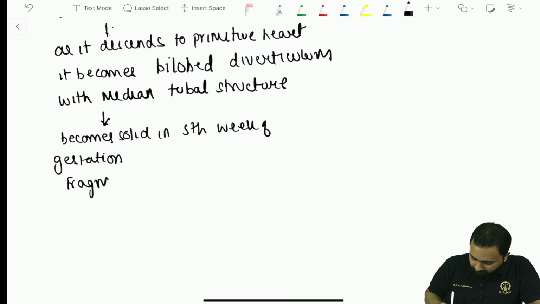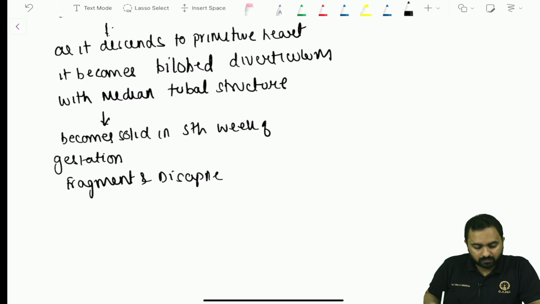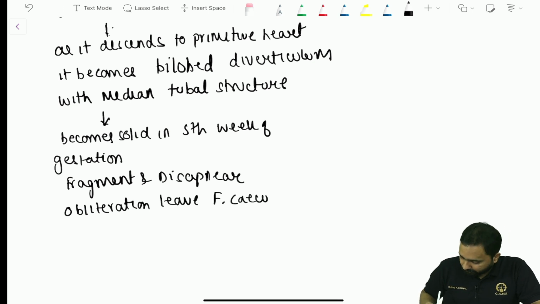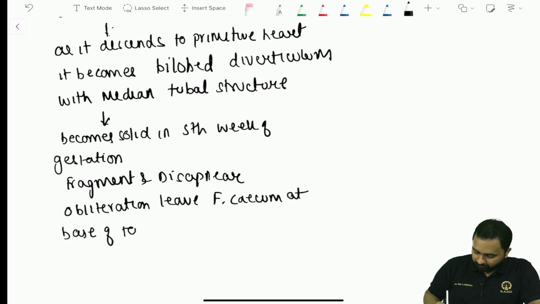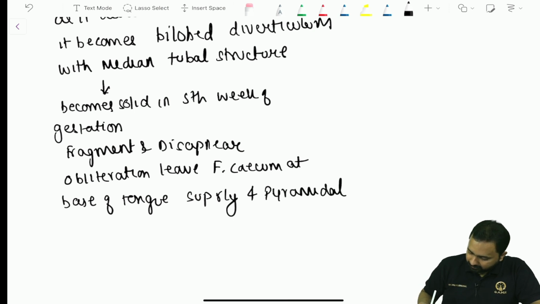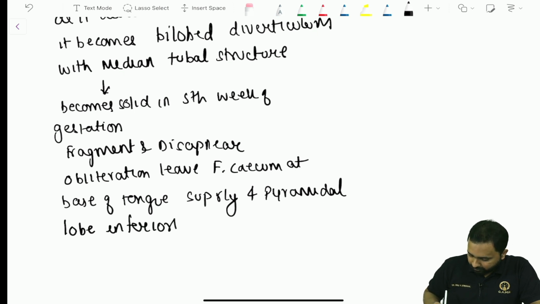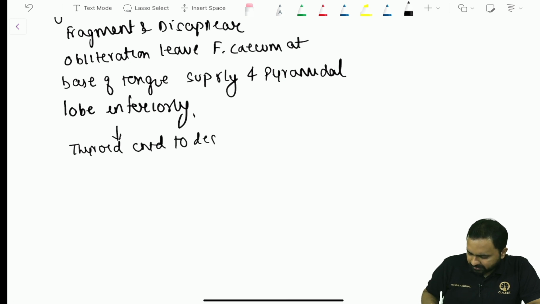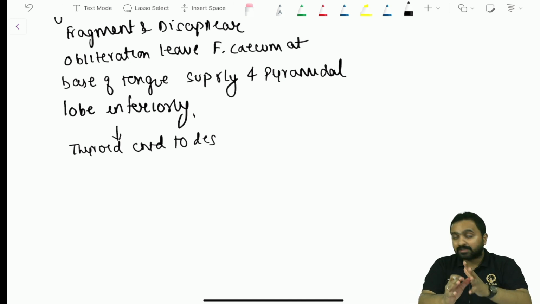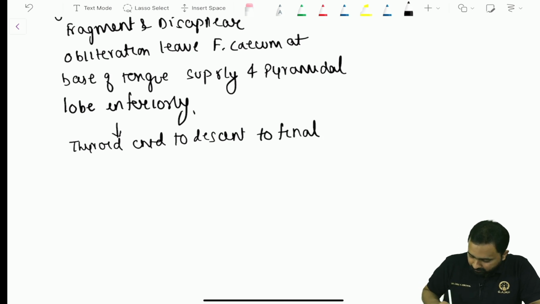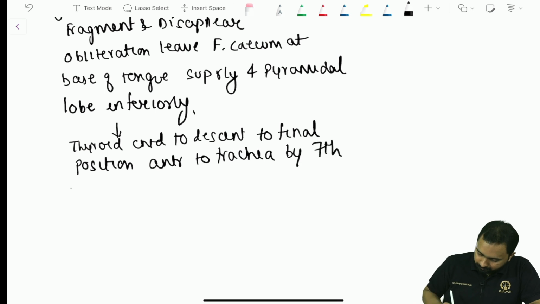Then they fragment and disappear. Right. Now causing the obliteration, which leaves the foramen cecum at your base of tongue superiorly and pyramidal lobe inferiorly. Right. Now the thyroid continues to descend. I know this line diagram must be getting a little difficult for you to understand, so let me complete this and again I shall be explaining it to you. Right. So thyroid continues to descend to its final position, which is anterior to trachea by 7th